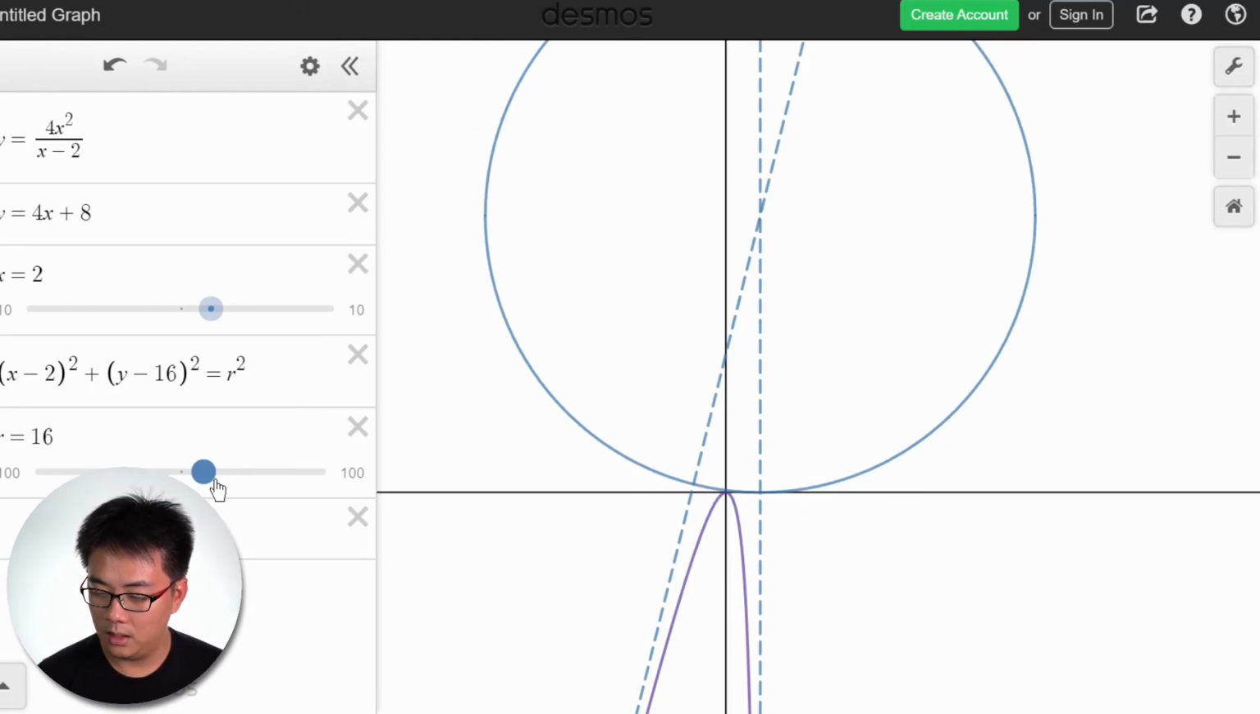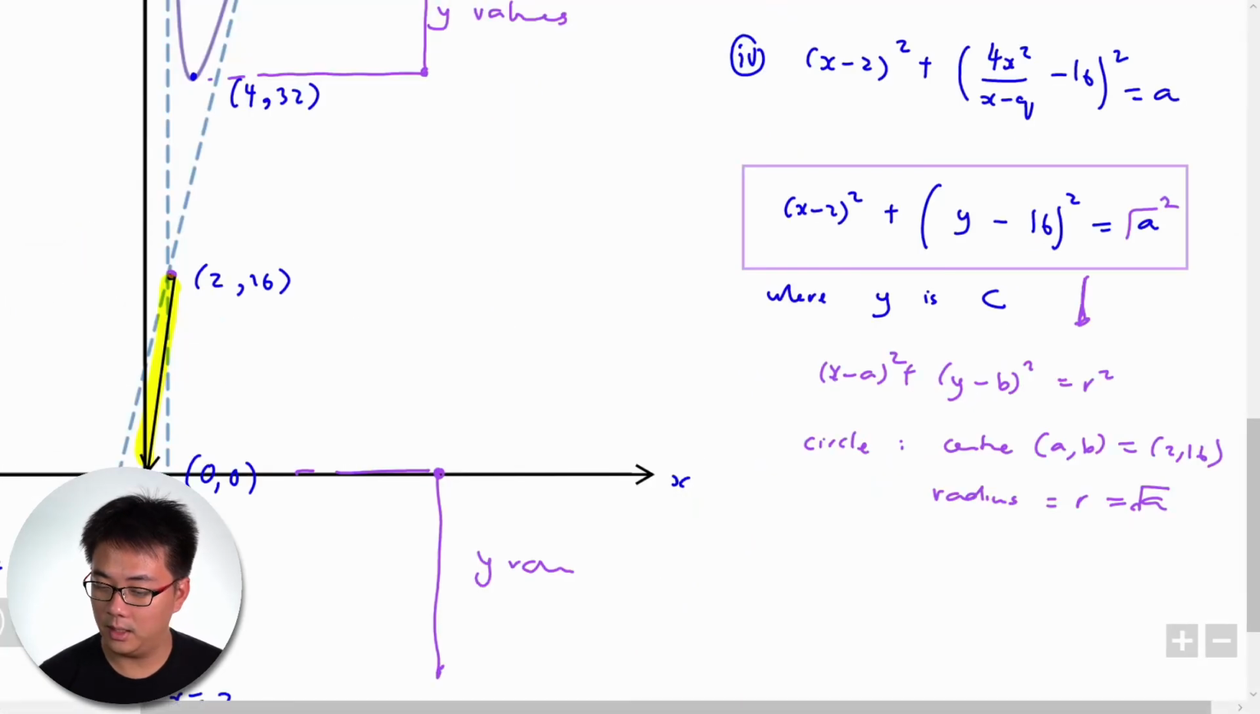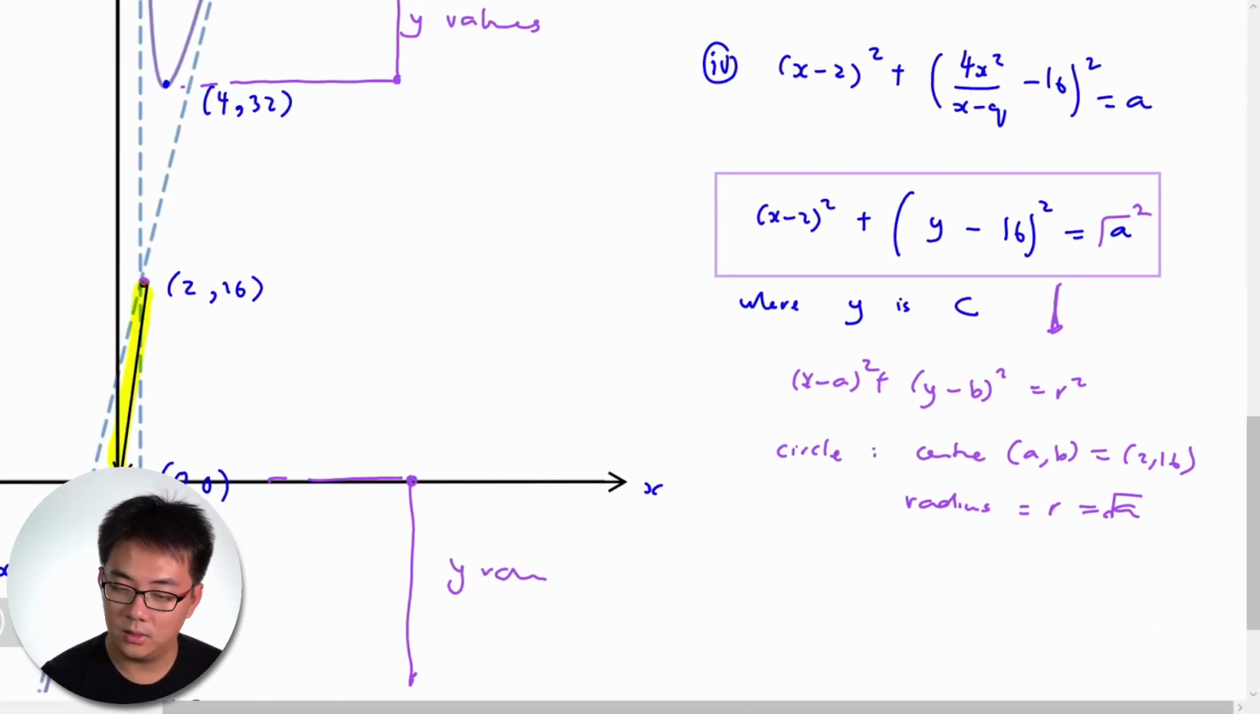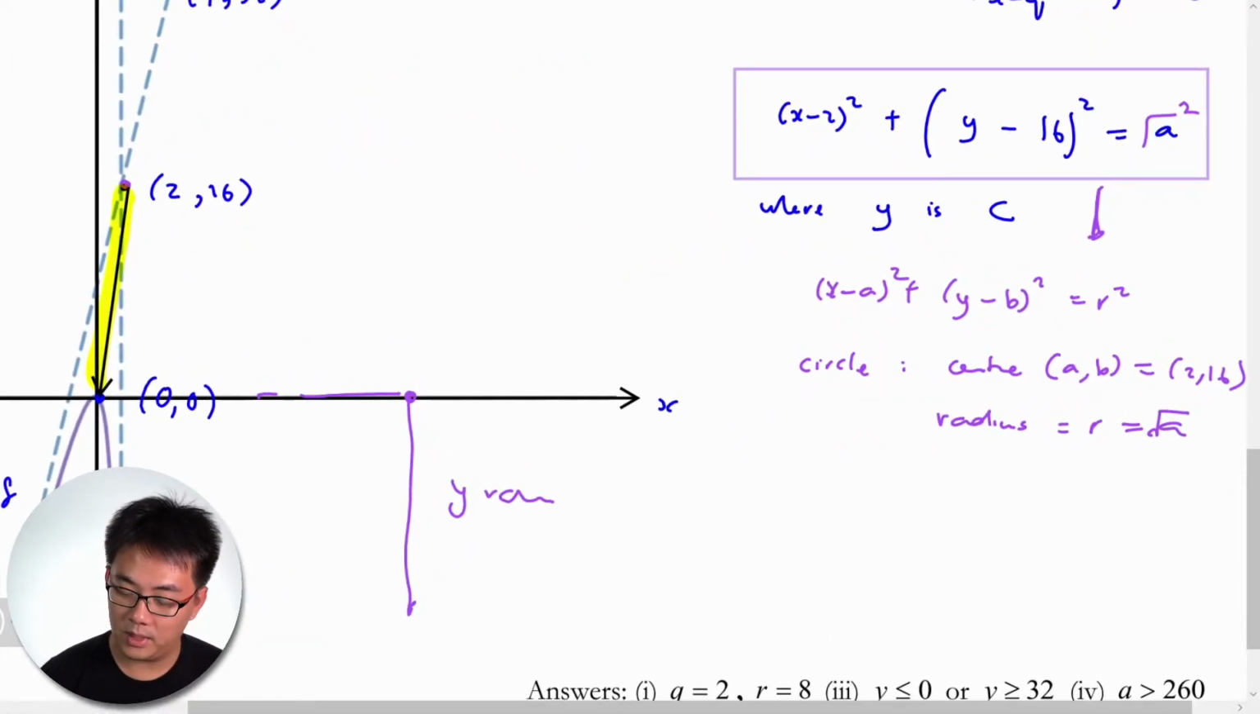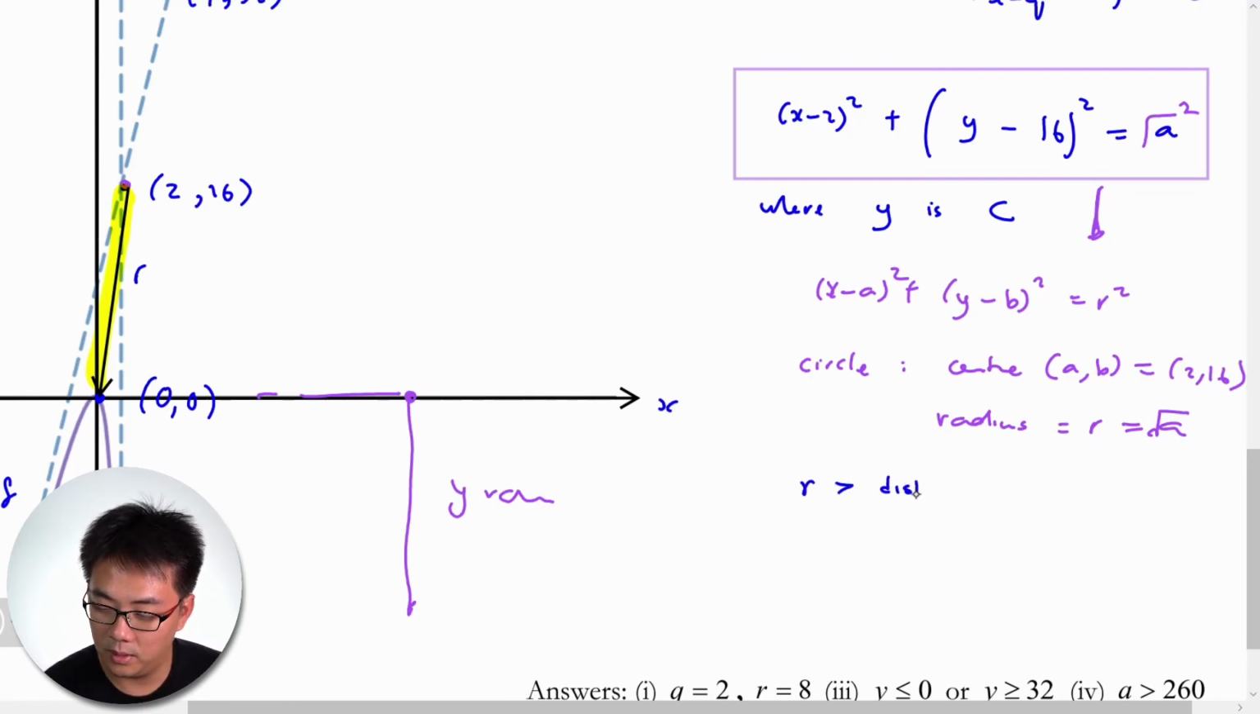So how do you actually find the a? That is the thing. What we're going to do is basically this radius here has to be more than the distance between (2, 16) and (0, 0). So the radius squared will be